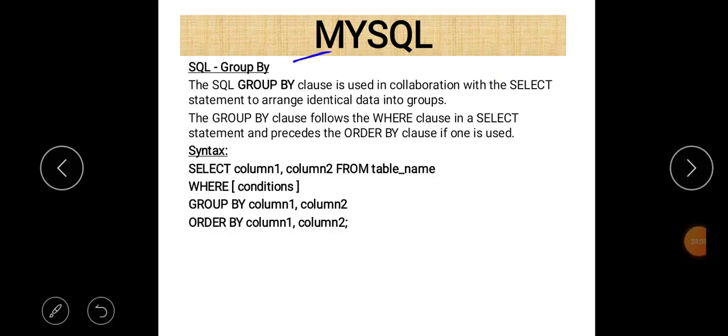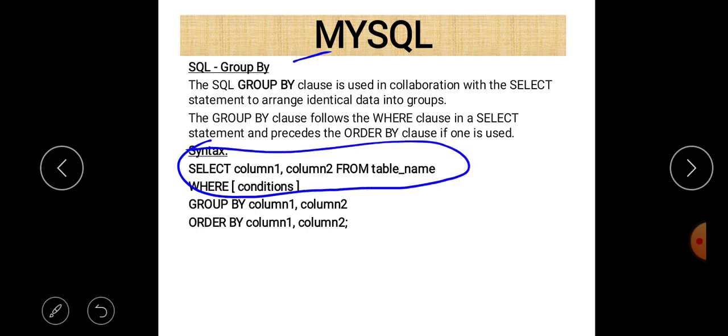Next is group by. Group by is a very important command. It is basically used to form a group. First of all, a select statement should be there. Second important thing, the select statement should contain an aggregate function.